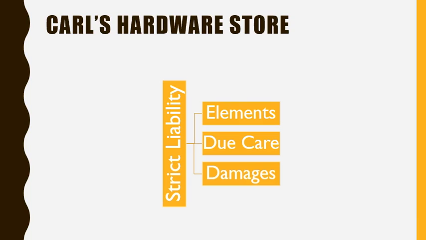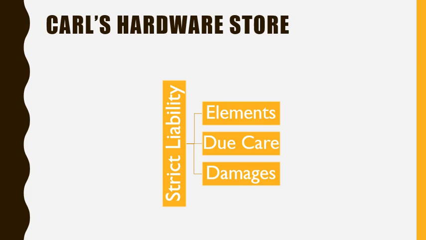4. The plaintiff suffered harm. 5. The defect was the proximate cause of the harm. And 6. The goods were not substantially changed from the time they were sold. These are the elements of strict liability you would want to consider when answering this question, and apply those elements to the facts of your case to determine the strict liability here.